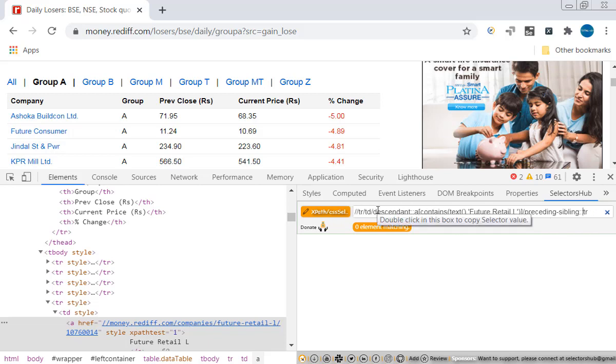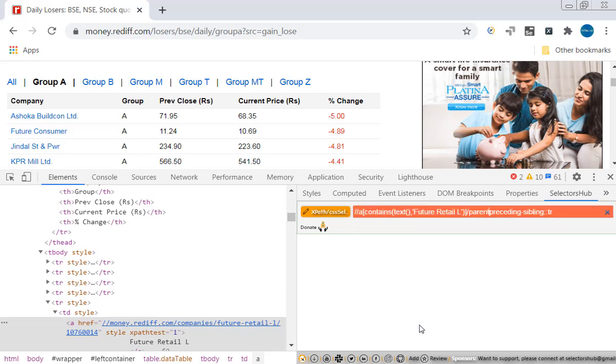One second, preceding sibling descendant A and preceding sibling double. One second, let's try to do one thing. Let's try to change the small XPath here to select preceding sibling.